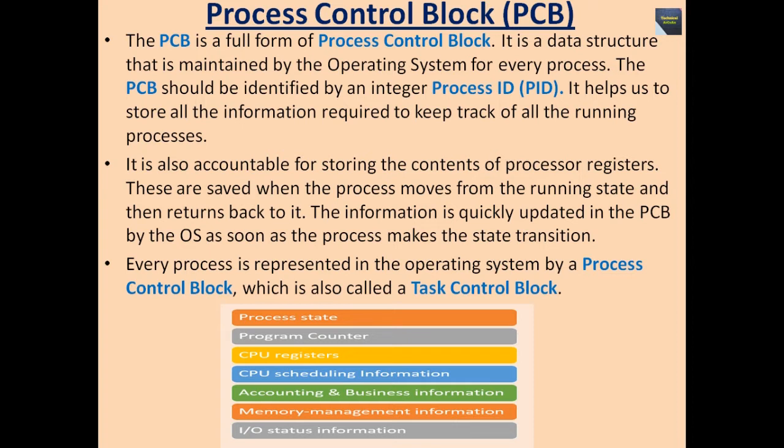It helps us to store all the information required to keep track of all the running processes, right? It is also responsible for storing the contents of processor registers, okay? These are saved when the process moves from the running state and then returns back to it. The information is quickly updated in the PCB by the OS as soon as the process makes the state transition,